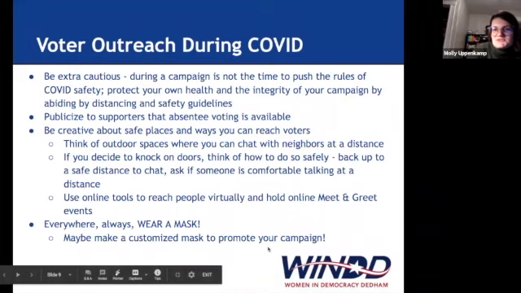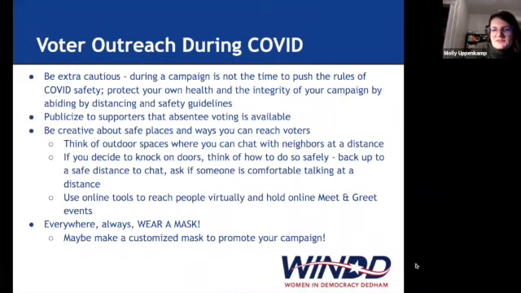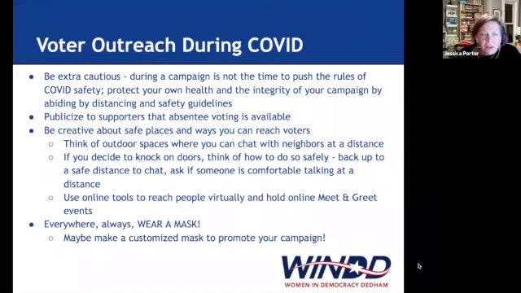And if anybody else who's working on campaigns has any of those special COVID tips to share, please feel free to jump in. Like I said, this is the first time through a COVID campaign for all of us. One idea I saw that I think could be modified in some way is this: